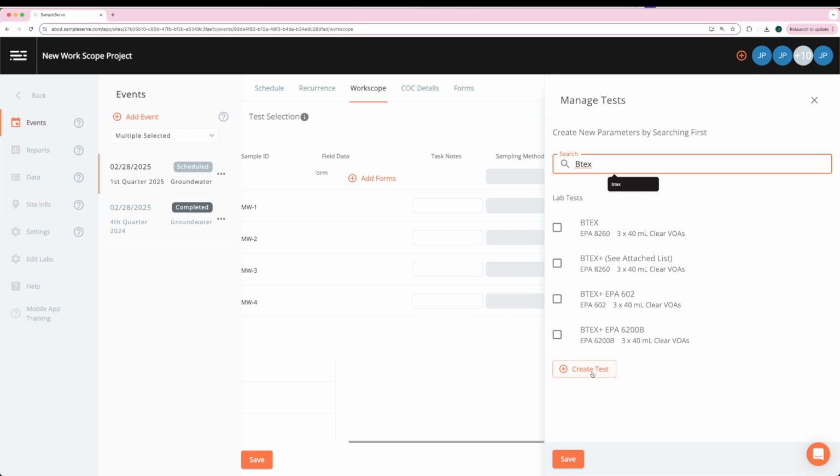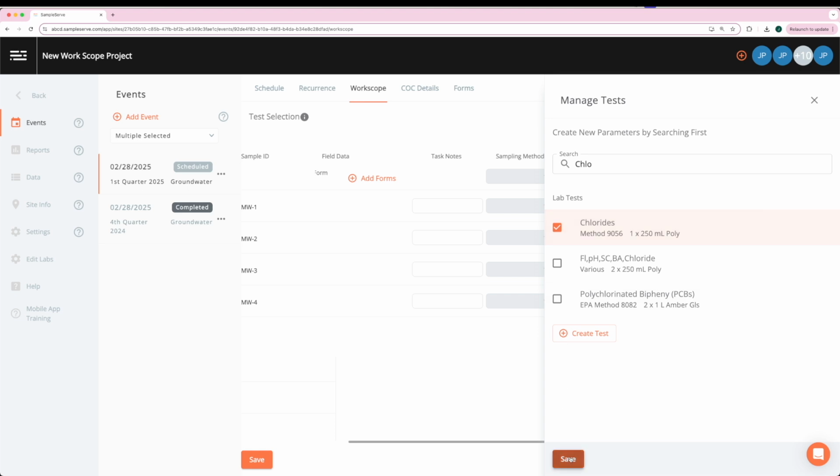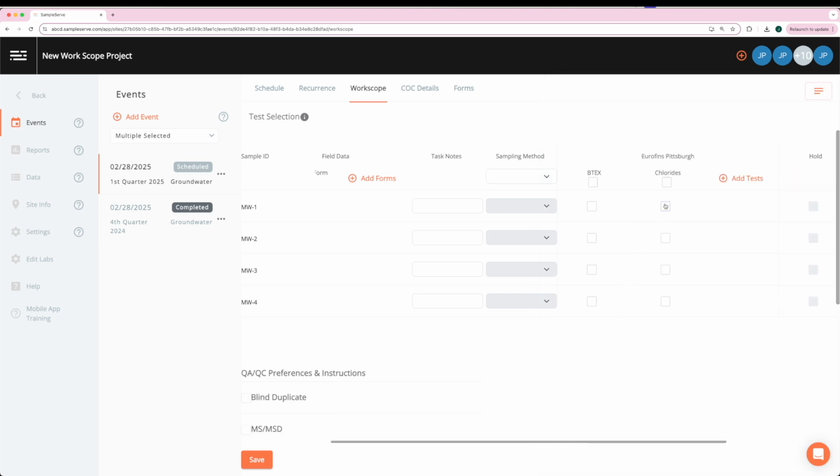In this example, we're going to select BTEX and chlorides. Each selected test will now appear as a new column in the sample location box. To select the test to be performed at a particular sampling location, simply check the appropriate box under the analytical parameter. If you want to select all or unselect all, simply check or uncheck the small box at the top